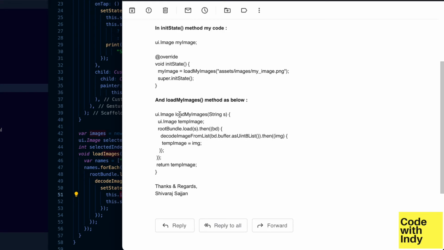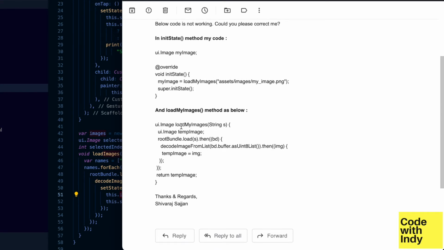So loadMyImages is a function, and then he has a local variable, and then this rootBundle load, and then bd, and so on and so forth, and another then, and then it sets this temp image. So first of all,